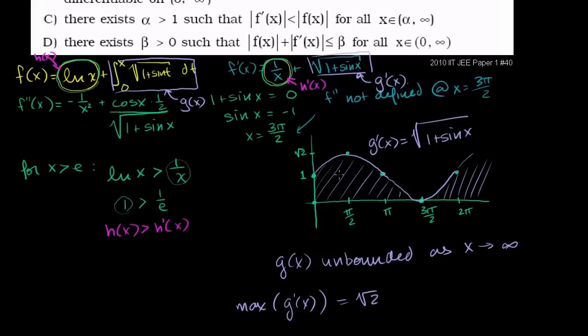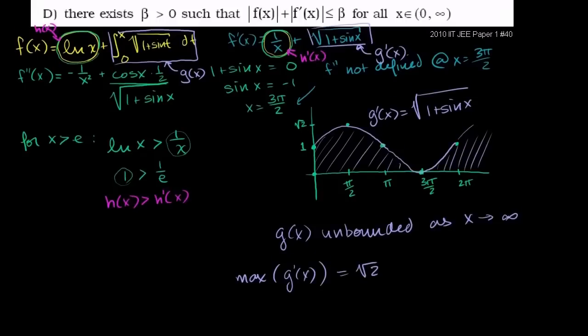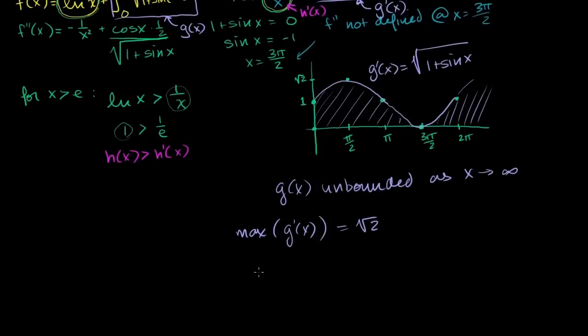So it's pretty clear that there's some x value where this area is going to be more than the square root of 2. Let's call that point alpha. Clearly we could say at x equals 10, we definitely have a lot of area under this curve, definitely bigger than the square root of 2. We just need to find some boundary. So let's just say, picking an arbitrary number, at x greater than 10,